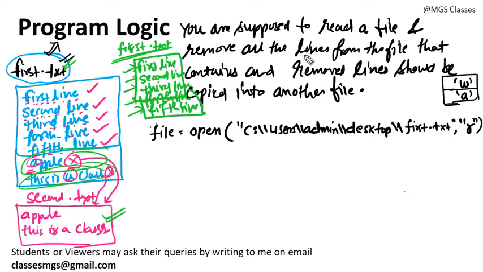For reading all the lines, there are three methods available. If you want to read all the contents of the file at one time, as a whole, as one string, then you will use the read method. If you want to read line by line, then you will use the readlines method, and the readlines method will return a list that contains all the lines of the file. So I am going to use this method, readlines.